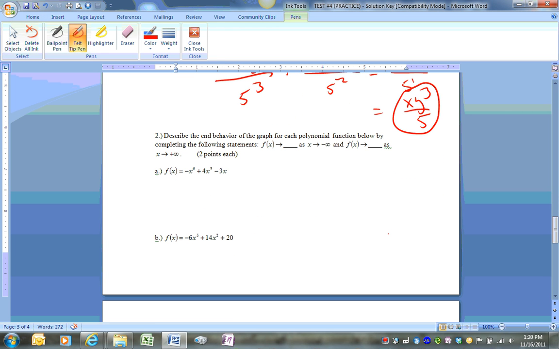Number 2 is asking about end behavior. Remember, f of x is like y. When x is going towards negative infinity, that's going to be the left end. When x is going towards positive infinity, that's going to be the right end. So if you look at part A,